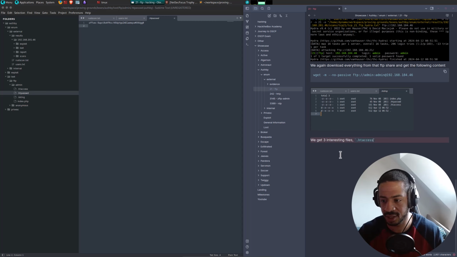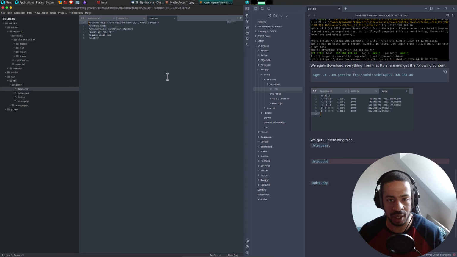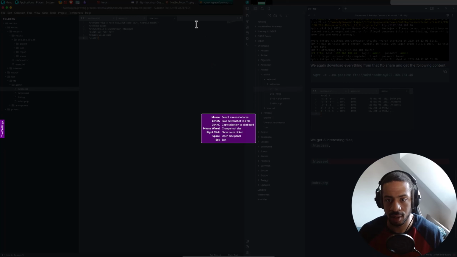The .htaccess, .htpasswd, and index.php. Let's do it like that, and I will then post a screenshot underneath.